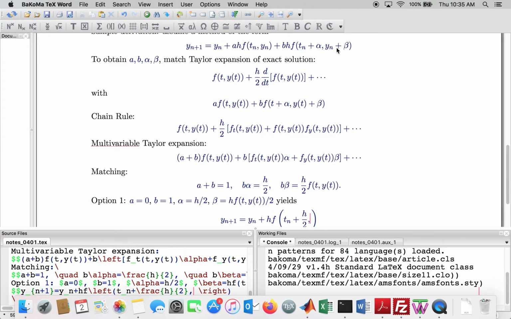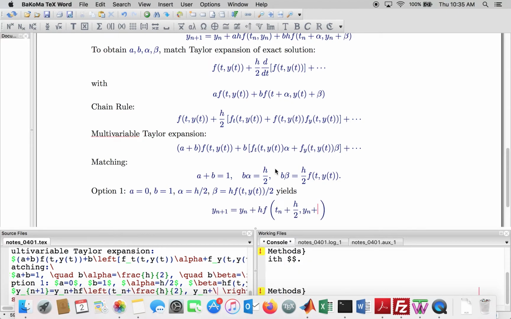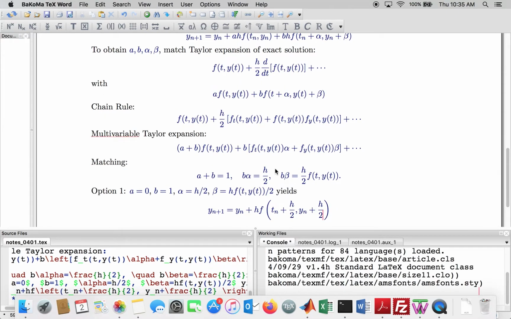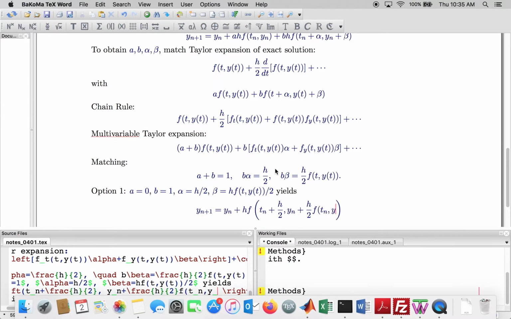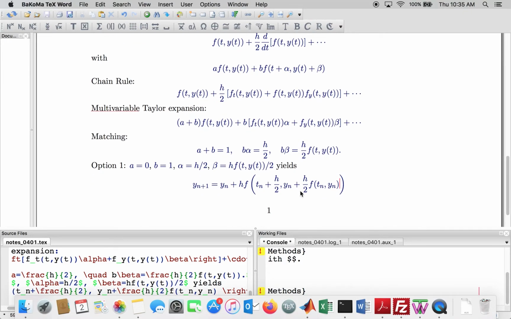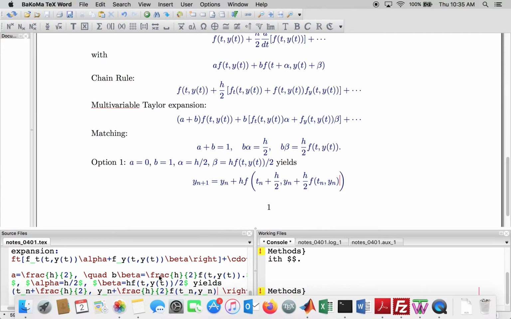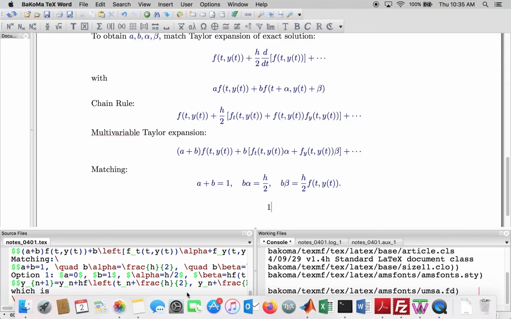And then I have yn plus beta. So I have yn plus h over 2 f of tn, yn. So that's what I'm filling here, tn, yn. So what do we have here? This is called the,